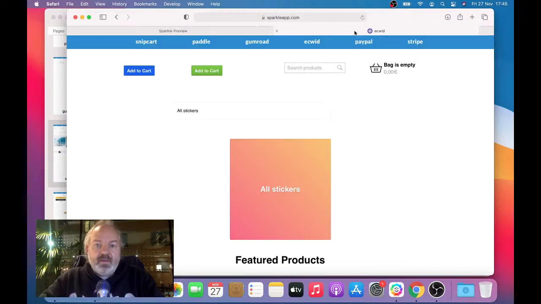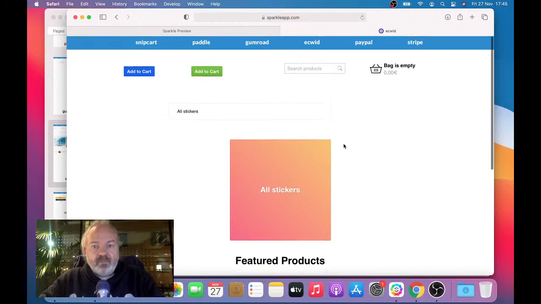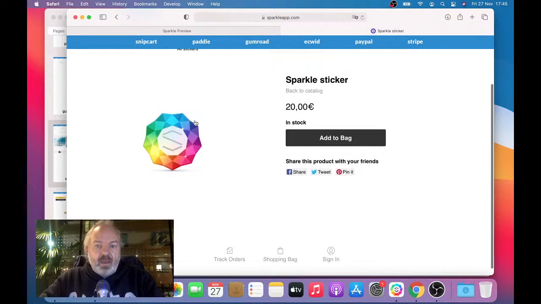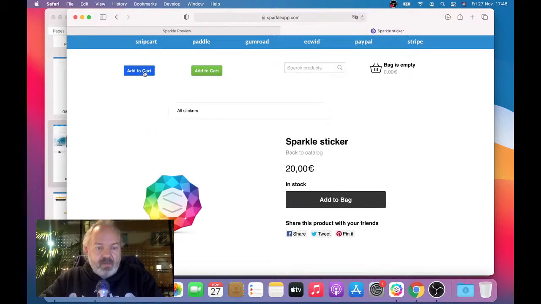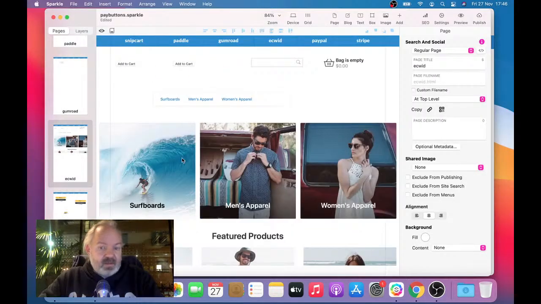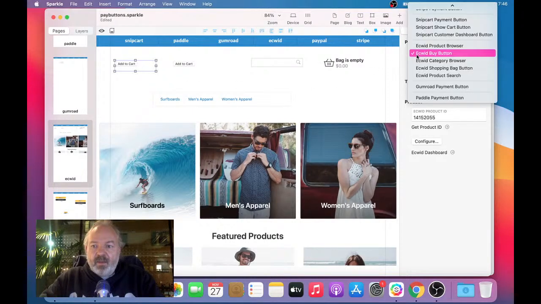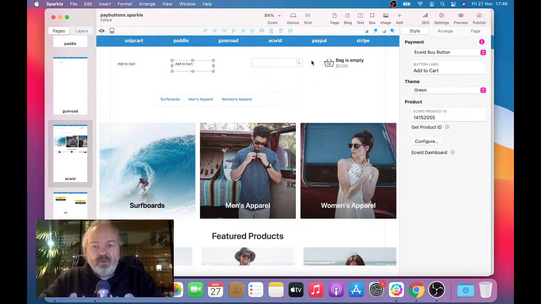We have now integrated this into Sparkle, and this is a demo page, of course. It only shows the product browser, so a sticker. Or you can add an add to cart widget button, which also adds something to the shopping cart. Let me check. Something's not working here, perhaps. I don't know, this is fully working. I'm not sure why it's not working right now. Demo gods. Essentially, you configure either a buy button, a product browser, a category browser, a shopping bag button, or a product search, and all these will hook up to your